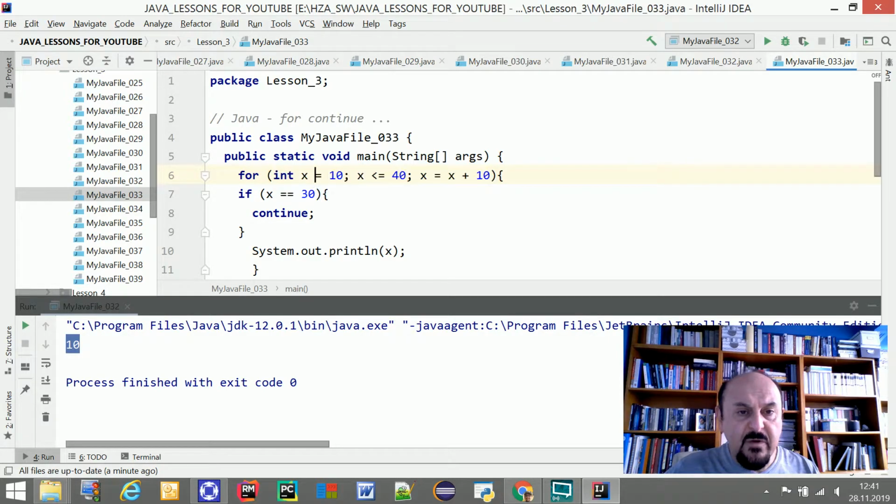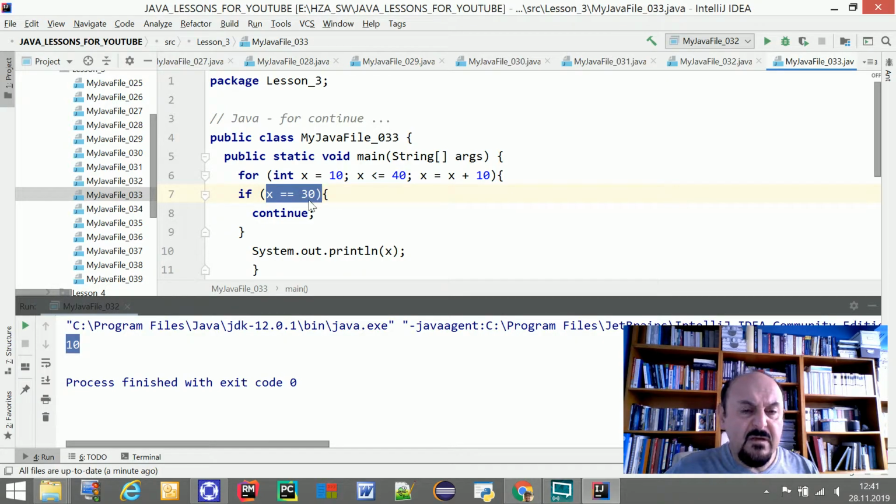This is the initial value, x. This is the upper limit for controlling, and this is the increment value, so it's going to increase by 10, and the starting value is 10. There is an equality here, so 40 will be included,